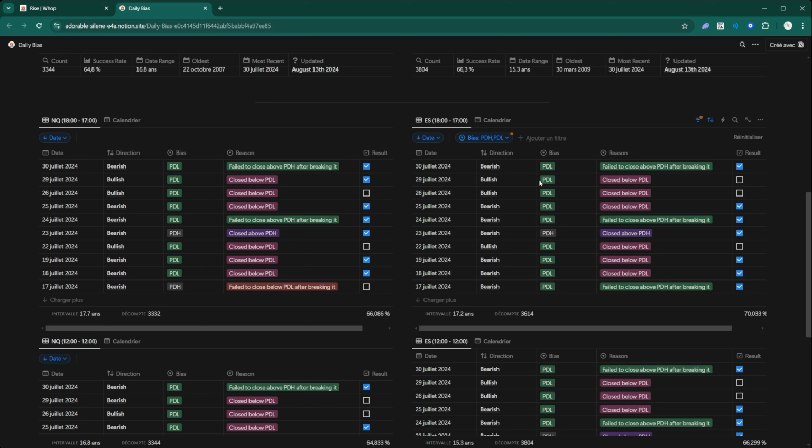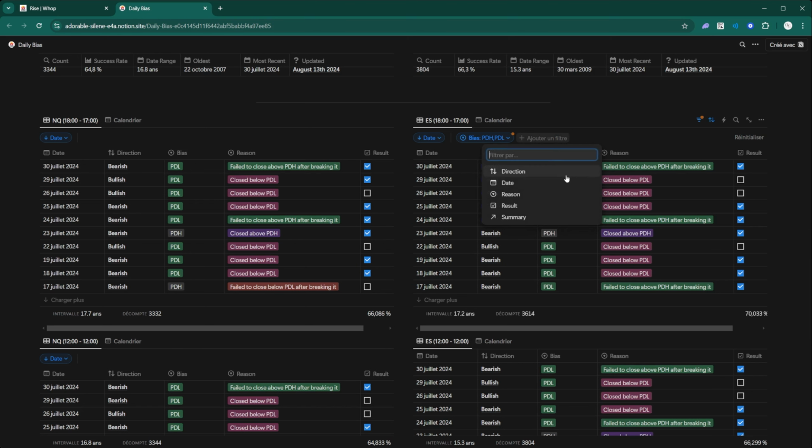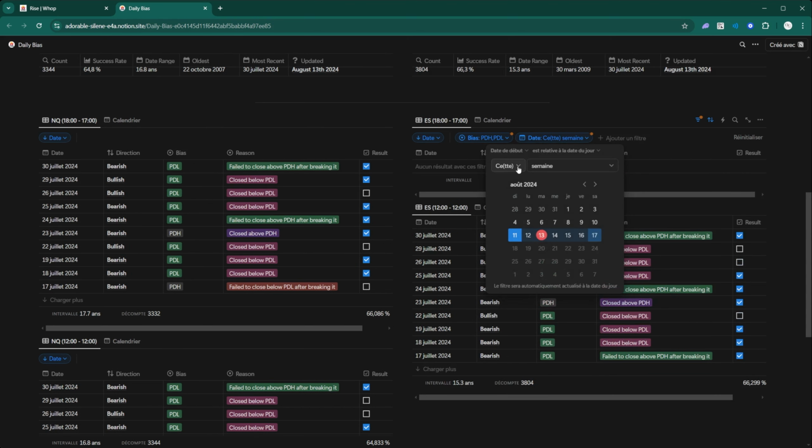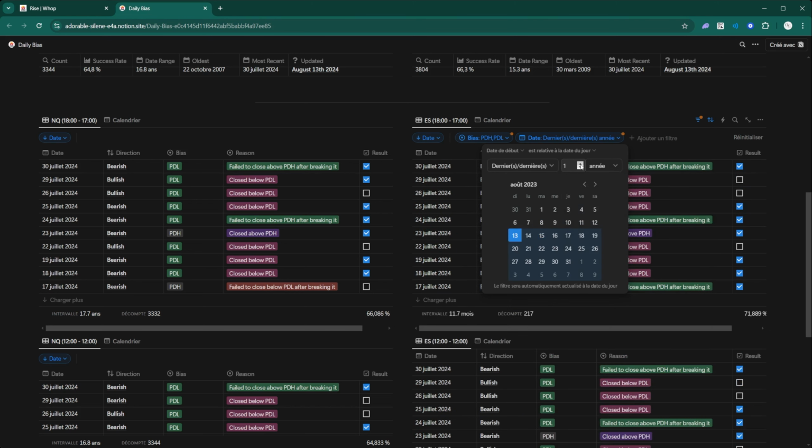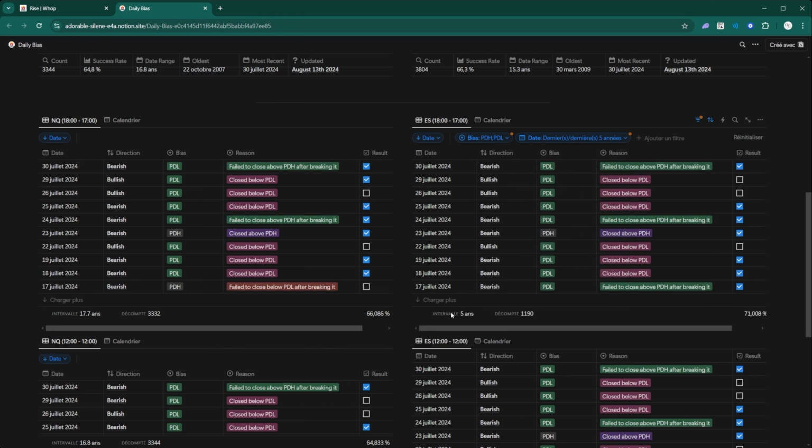Talking about that specific date range, we can also add another filter with the date. And yes, at the moment it is in French, but you can say is relative to what. And for example, if I say the last, this is translation, years, and I decide to look at the data from the last 5 years, my script will automatically adjust to only showcase the data from the last 5 years, taking into account all the multiple filters we have and adjusting the result right here.